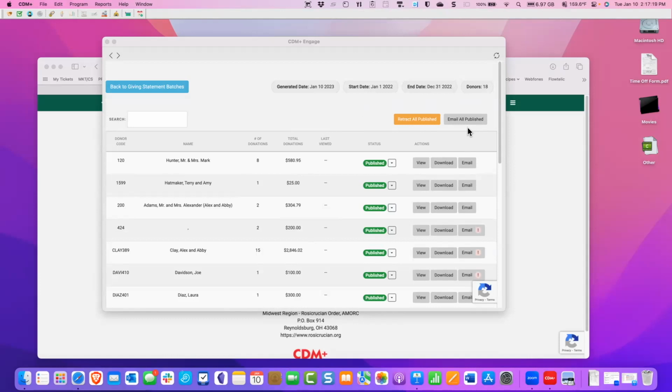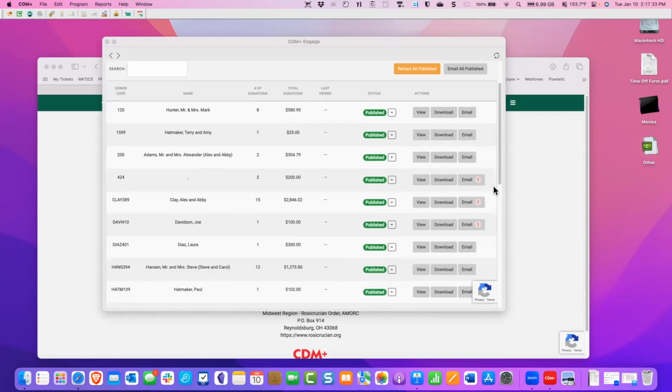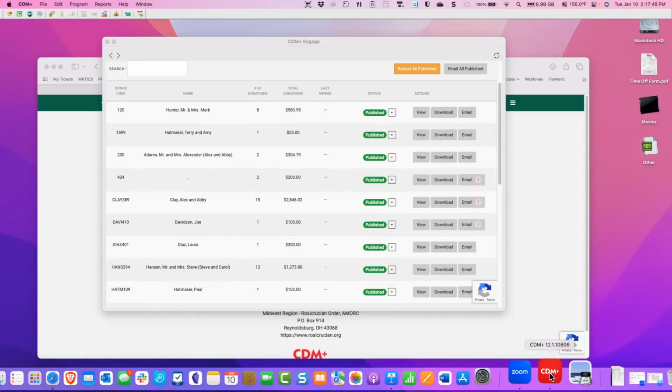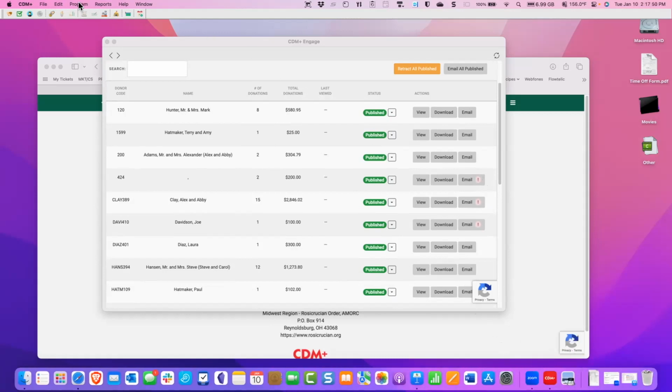Now, how do I know who's going to receive those emails? Well, we know that the checkbox email statement needed to be checked. Those donors who don't have that checked are going to be marked here with the email button with a red exclamation point, okay? And so any of these that you see that have that exclamation point, that means over in CDM Plus,